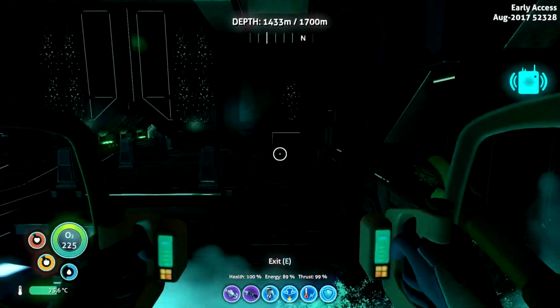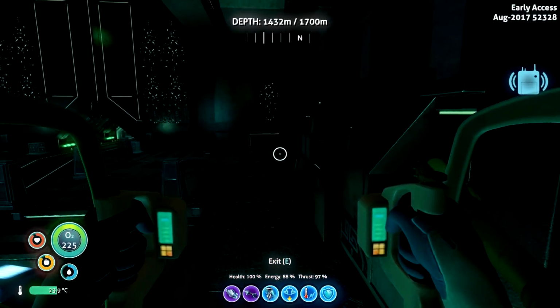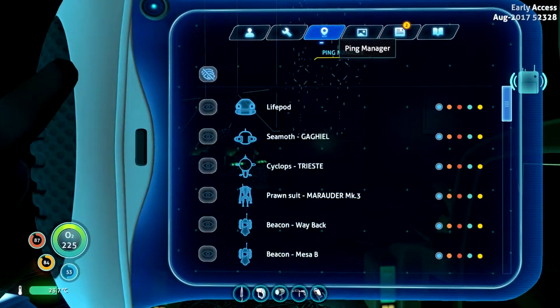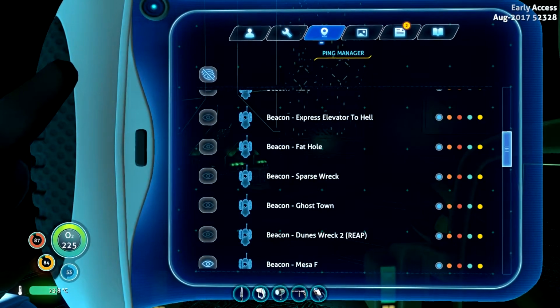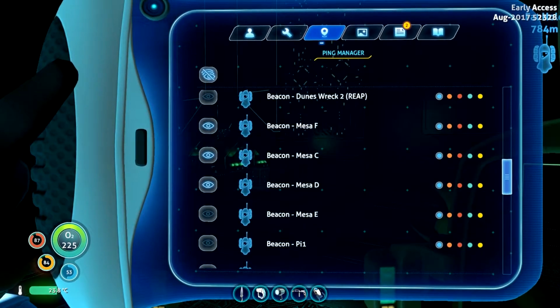And now we've returned to the primary containment facility, which on the way I noticed the babies had already dispersed. I'm gonna try to find my way to the Lost River from here. I should have a marker for it at least. I think this is our way out. And then from here, we're gonna head to